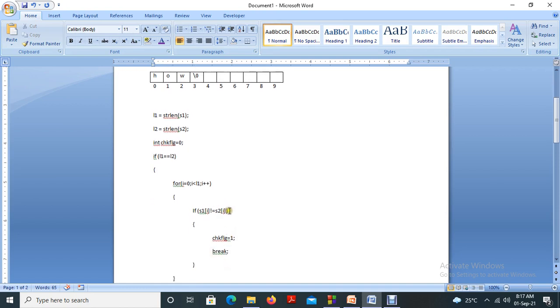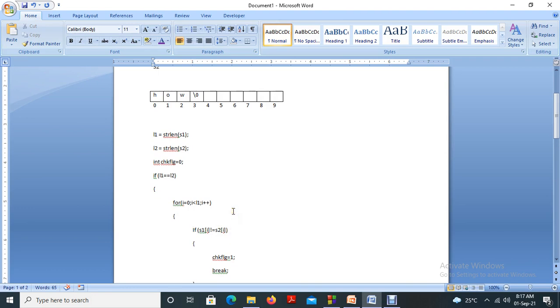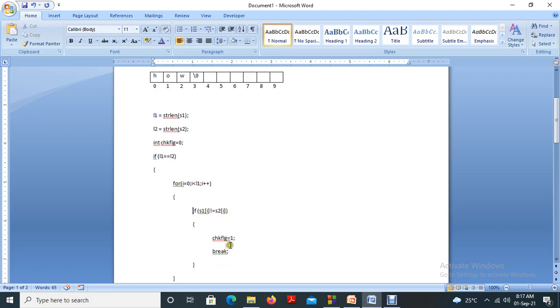This condition is true, that means a not equal to o, the condition is true. It gets into the true statement. Value of chk flg, initially it was 0, and now after the execution it is changed to 1, and break the loop.